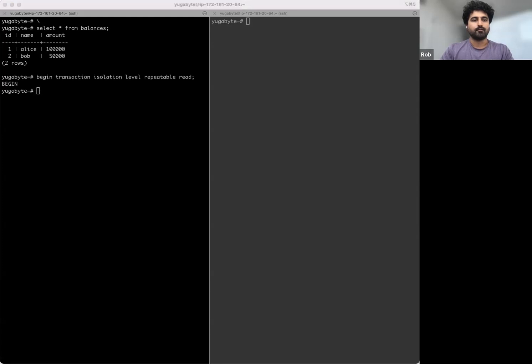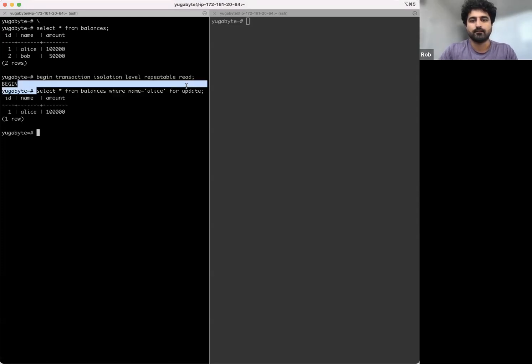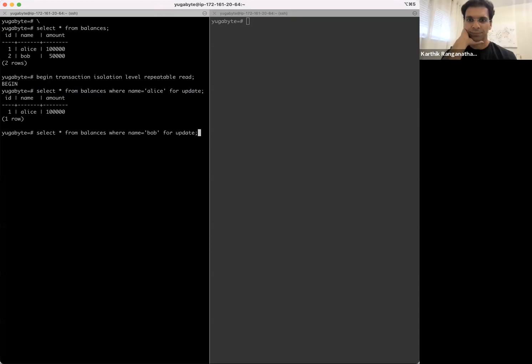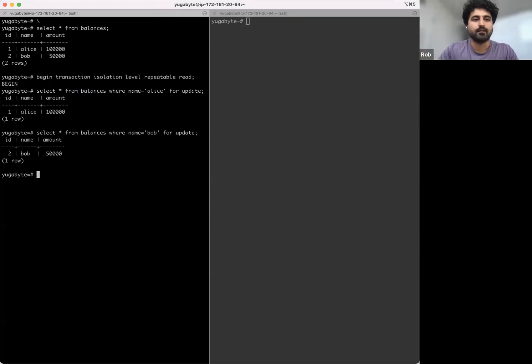So in one of our sessions, we want to read from these two accounts and transfer some money. So this is sort of the case where Bob is sending Alice all of their money for whatever reason. And so we select both of these rows and we grab explicit locks saying, hey, we're gonna read these to update them later. Okay. Now in a separate session,